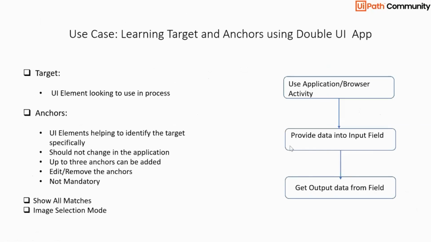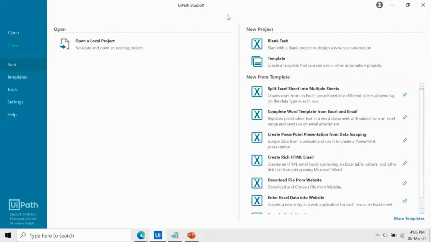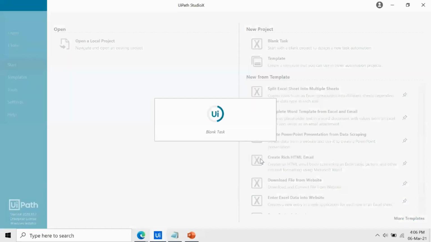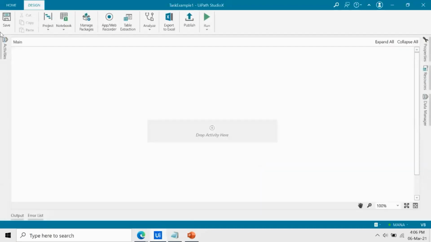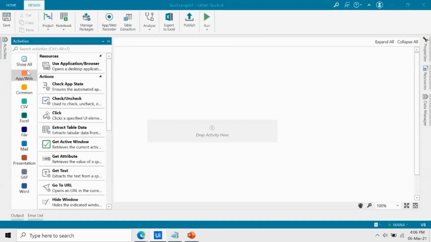Let me first open Studio X and create a blank task. I go to the activities panel and here is my App/Web card.